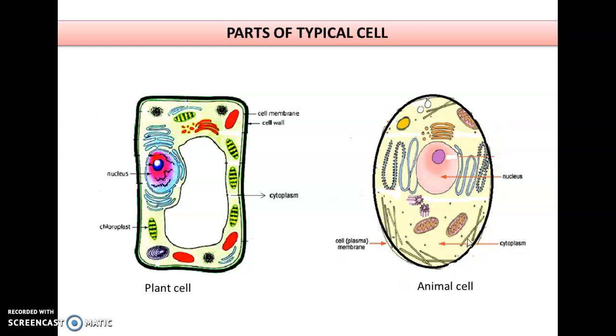The cell membrane encloses the living material called cytoplasm, and cytoplasm is a living material that is present between the nucleus and plasma membrane. Nucleus is again the center of a cell and acts as the brain of a cell. So the basic differences between the plant cell and animal cell are, in a plant cell, the cell wall is present, in an animal cell, the cell wall is absent. Another difference is, in a plant cell, chloroplast is present, but in an animal cell, chloroplast is absent, which is the reason animals do not perform the process of photosynthesis like plants do.